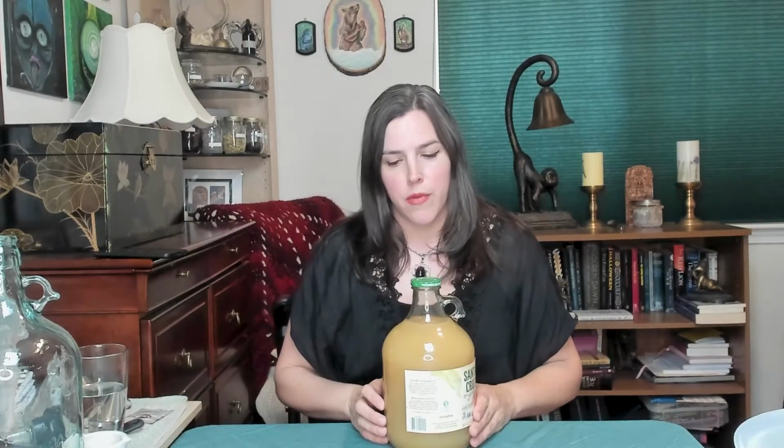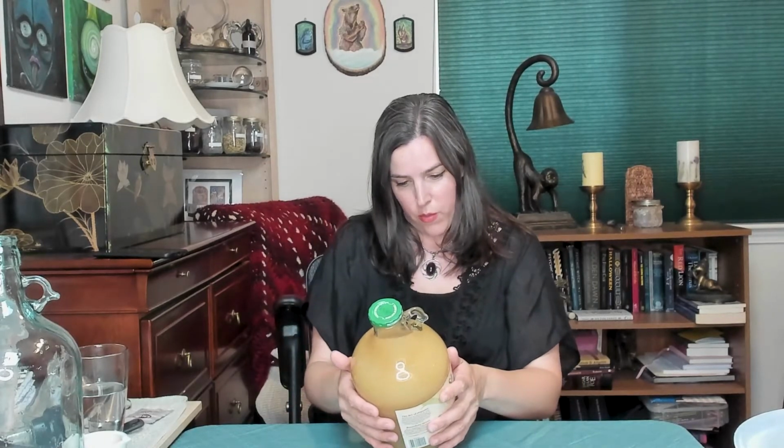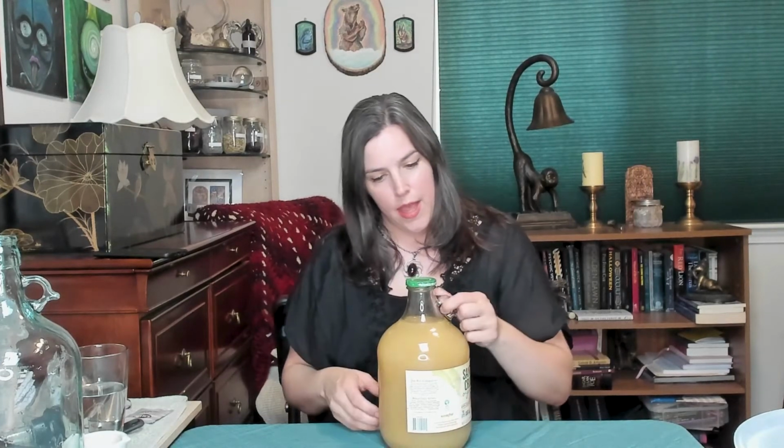The first ingredient that I selected was apple. So instead of making my own cider or using actual apples, today I'm just going to be using a pretty good quality apple juice. I looked at the ingredients. There are no sulfates or any other stuff that will mess up my mead. So I will be mixing this with some